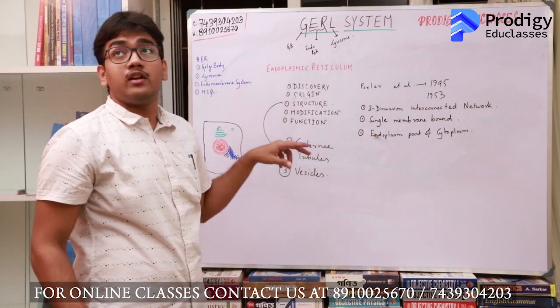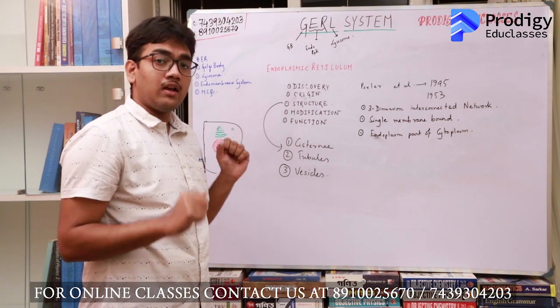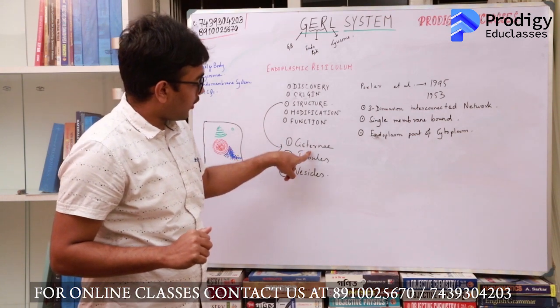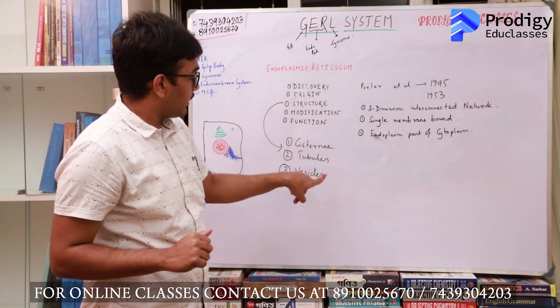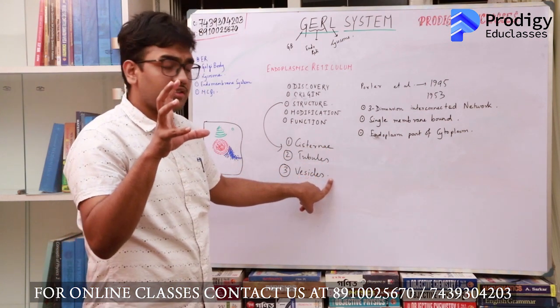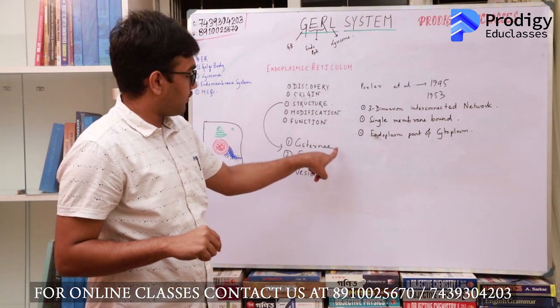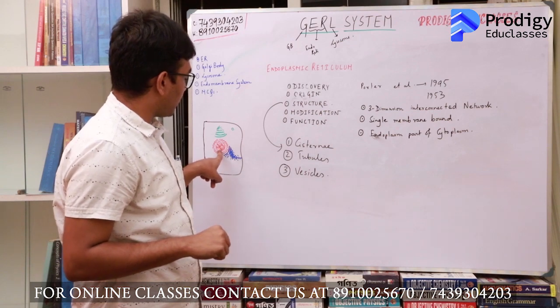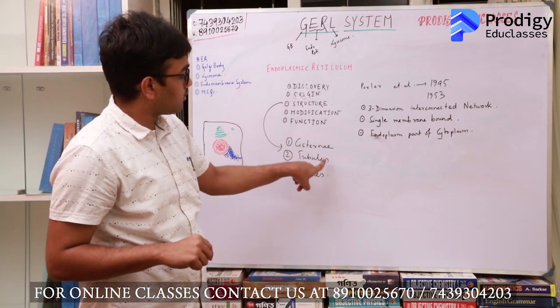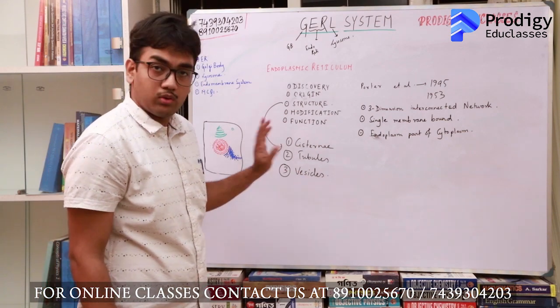What are tubules? Tubules are just tube-like. They are elongated hollow cylindrical structures which are formed from the cisterna. And in turn from the tubules you will find formation of the vesicles. Vesicles are just ball-like small structures which are formed from the tubules. So you have cisternae forming from the nuclear membrane, then you will have tubules forming from the cisternae and the vesicles will form subsequently from the tubules.